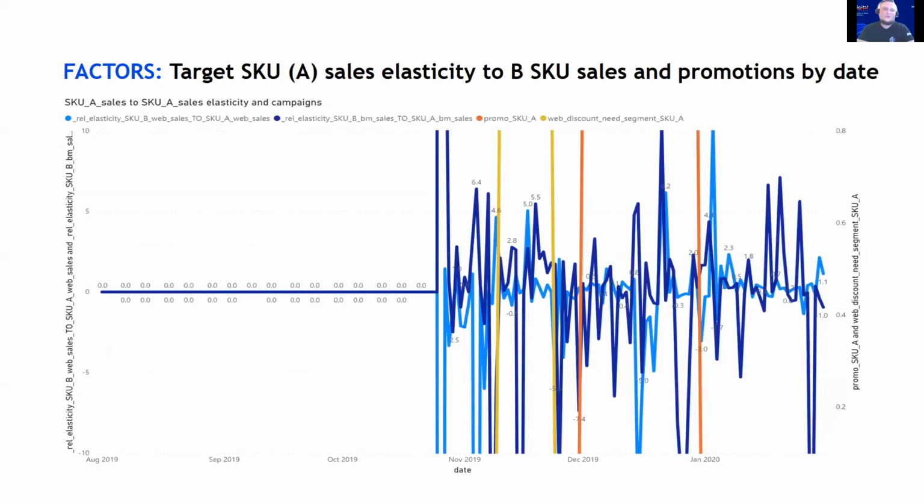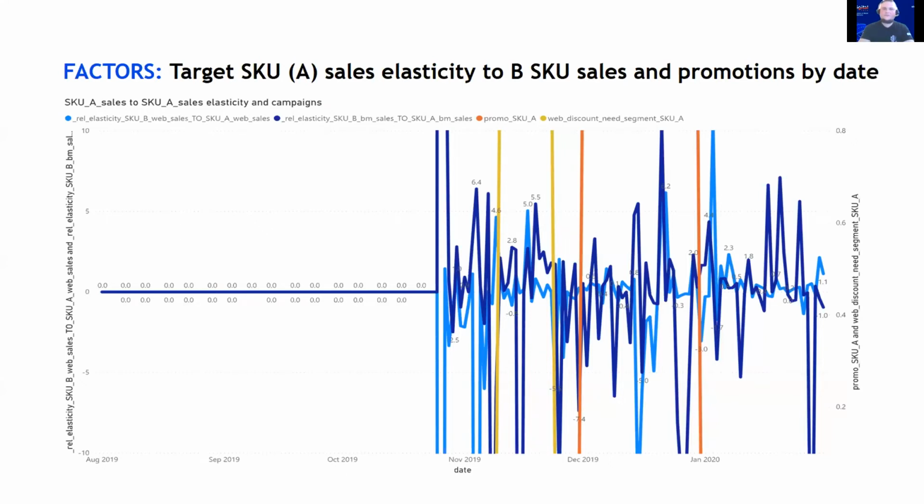So this plot shows us the elasticity by date. We can see that after SKU B appeared on the market, the levels are not equal to 0. The web sales, the lighter blue color, show a very negative position for the relative elasticity. It means the situation that we found on the previous slide. And after that, we can go deeper and analyze all the behavior within the promotion mix and within our